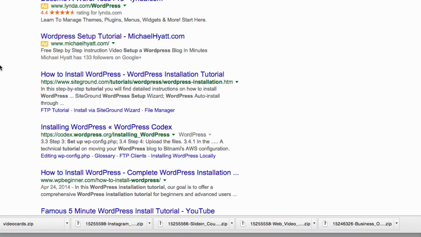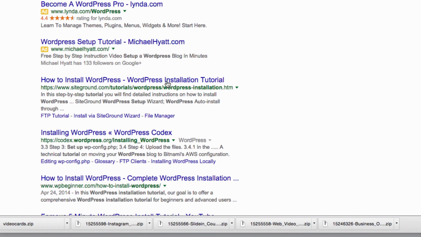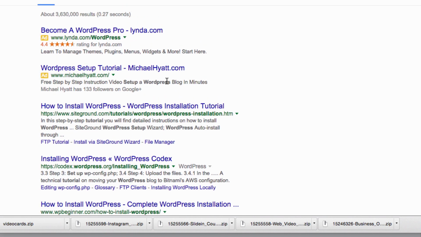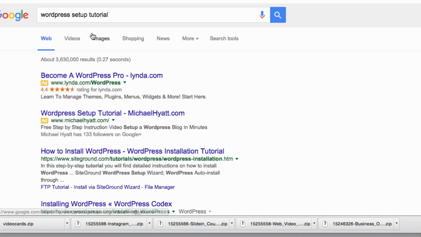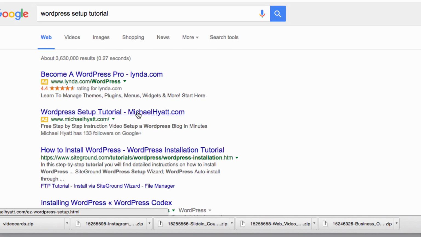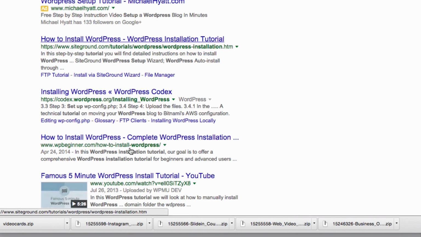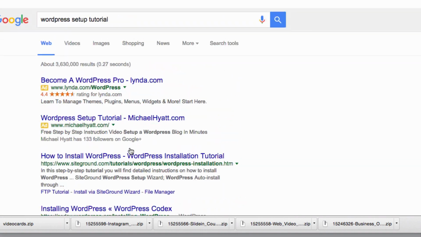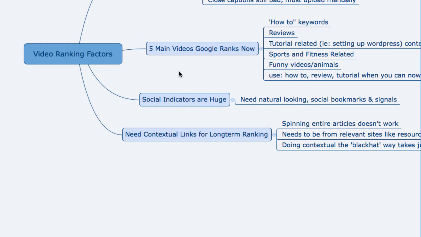Because it's one thing to create a great WordPress setup tutorial, but it might not get indexed for several months or so. One of the big things that Google looks at is freshness. So if you have something especially news related or something new, like a new or updated tutorial on setting up WordPress, that's going to be a factor, because Google will want to rank the most up-to-date knowledge or the best content. So it's very important that you use those social bookmarks to not just show that you're an authority or have more signals pointing to your site, but also for the freshness factor,